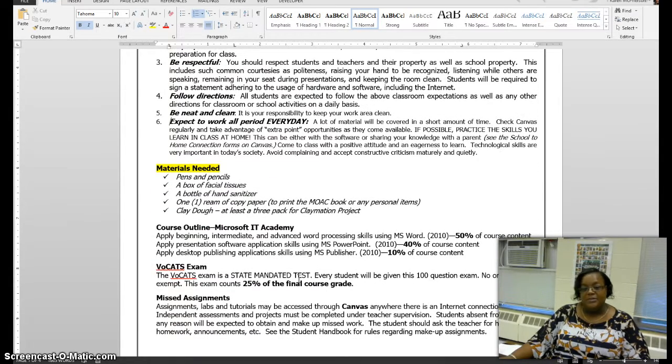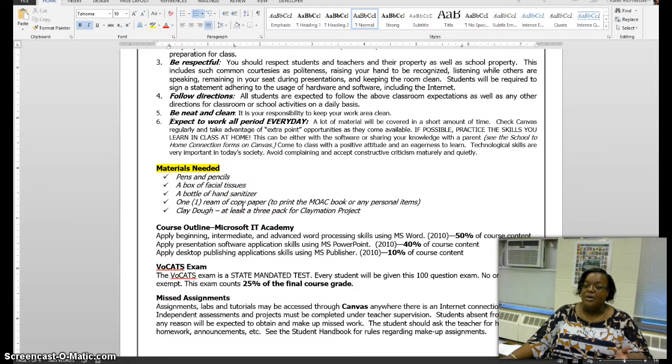There's a few things that you need for this class as far as materials. You need pencils and pens. A lot of things that we do are on the computer, but there are still some worksheets that need to be done. There are some more hands-on activities that I like to do with this class. You need to bring in a box of tissues and hand sanitizer for community use. So if you bring tissues and hand sanitizer, you're welcome to use it. But it's not fair for me as the teacher to provide it all for the entire class. So everybody share the load and bring in a box of tissues and hand sanitizer.